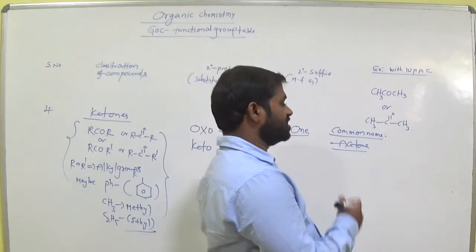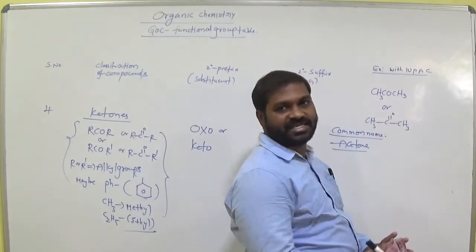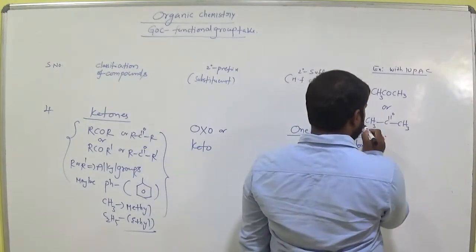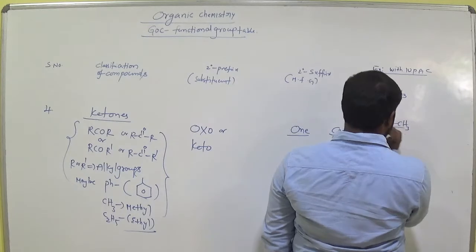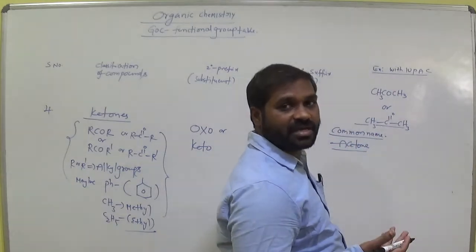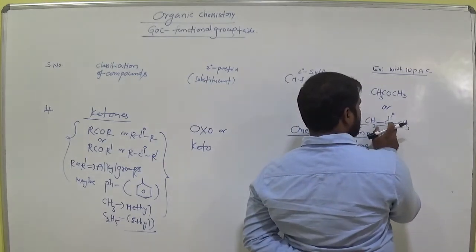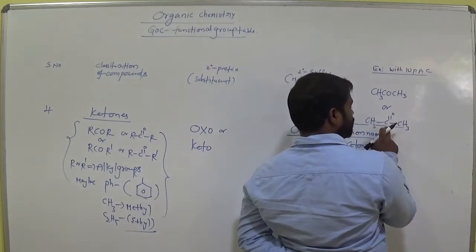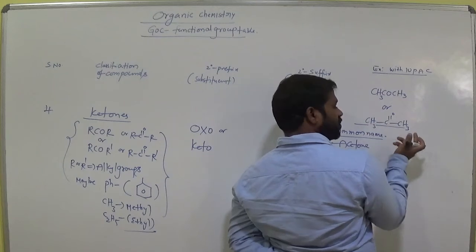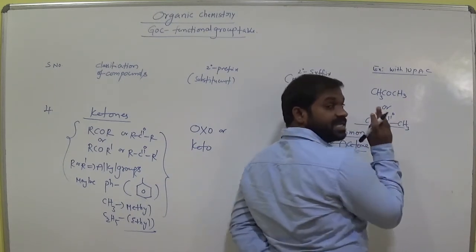So for acetone, its IUPAC name is, first we have to select the longest carbon chain, am I right? So what is the longest carbon chain here? This is the longest carbon chain. This chain consists of 3 carbon atoms. Now I would like to give the numbering. How many carbons does it consist of? 1, 2, 3. Now it gets 2, from left to right, 1, 2 only. Or simply, how many carbons in the main chain?